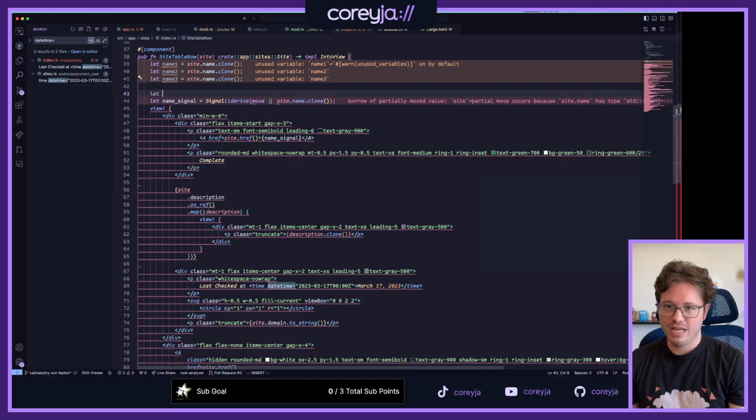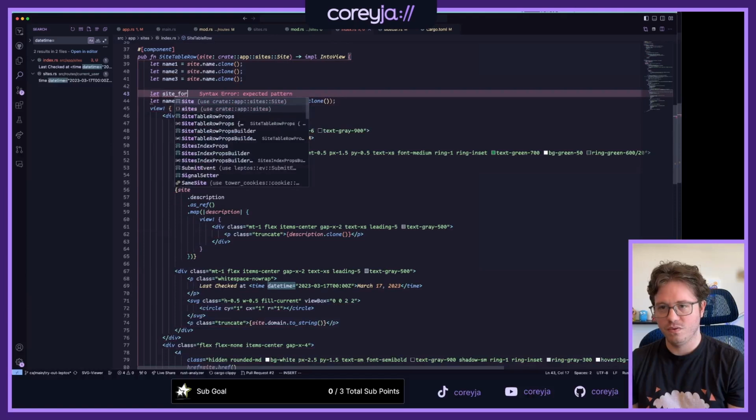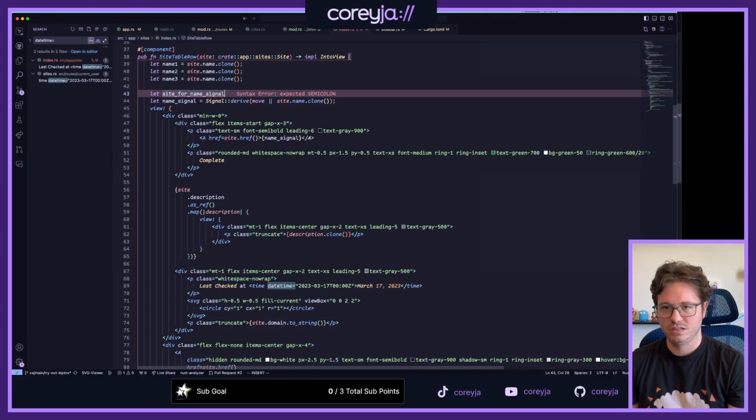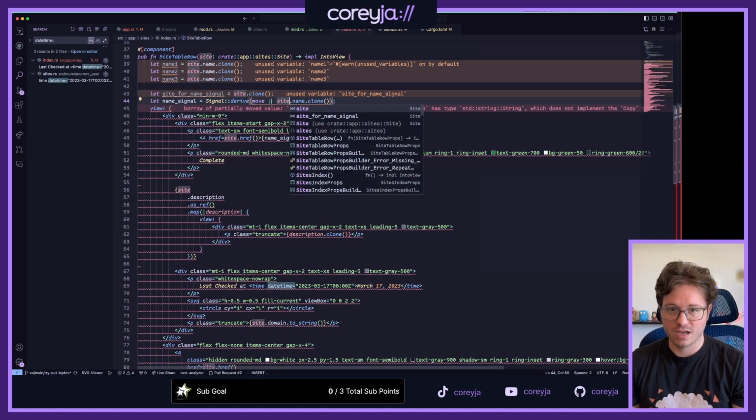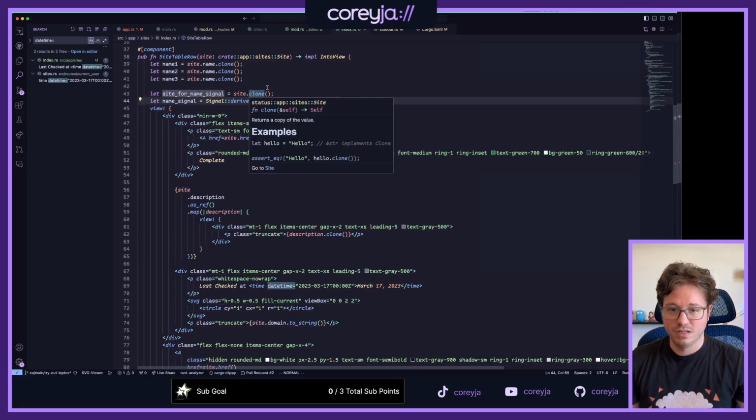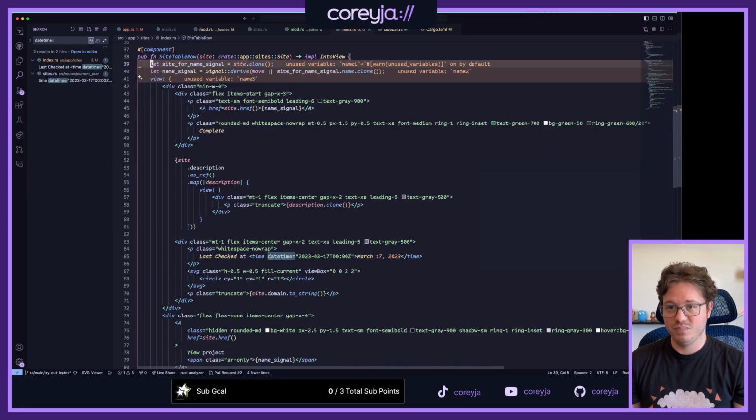So I could do let site for name signal equals site.clone. And then this could be site for name signal. And then I could use name signal twice.